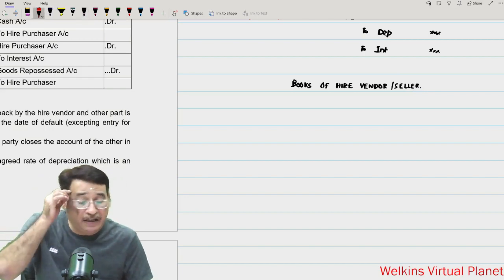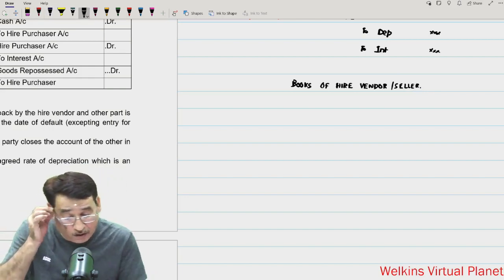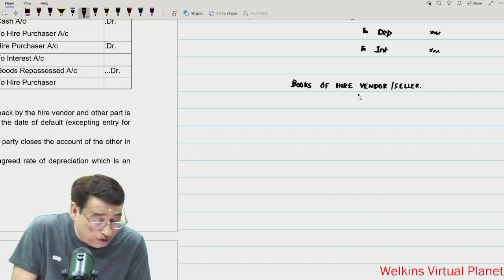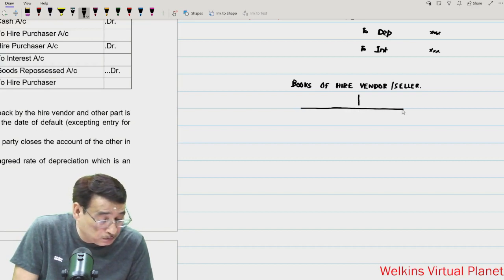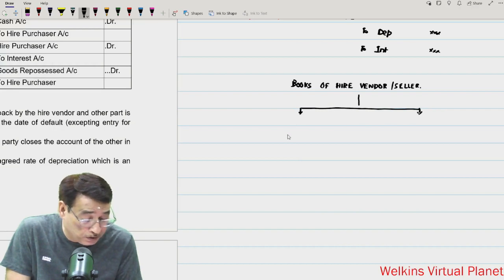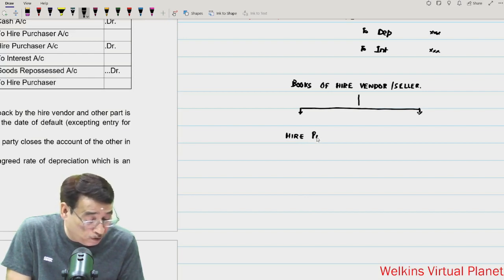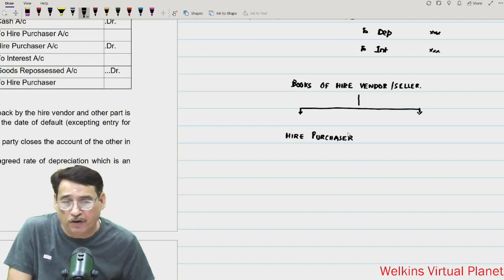As far as the seller is concerned, he too will prepare two main accounts. Generally, he will prepare only the hire purchaser account. However, if the hire purchaser commits any default, in